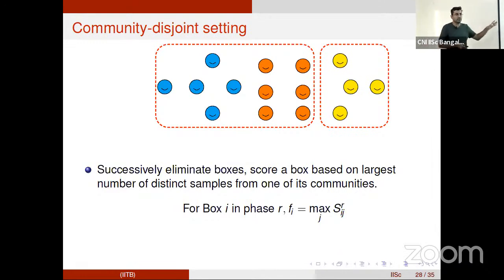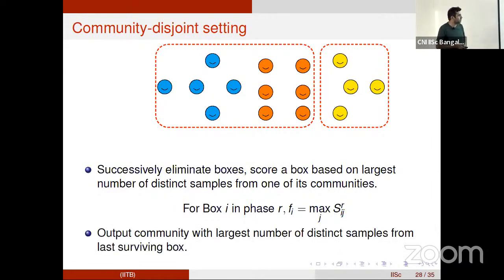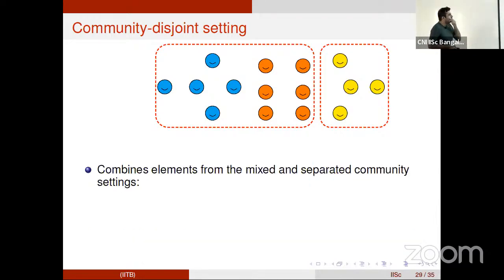And the rest of the algorithm is similar to what we did before. At the end, you have a box, and there are many communities in that box, and you have to pick one of those communities as the estimate. So once the box has been decided, you output the community with the largest number of distinct samples from the box that survived last.